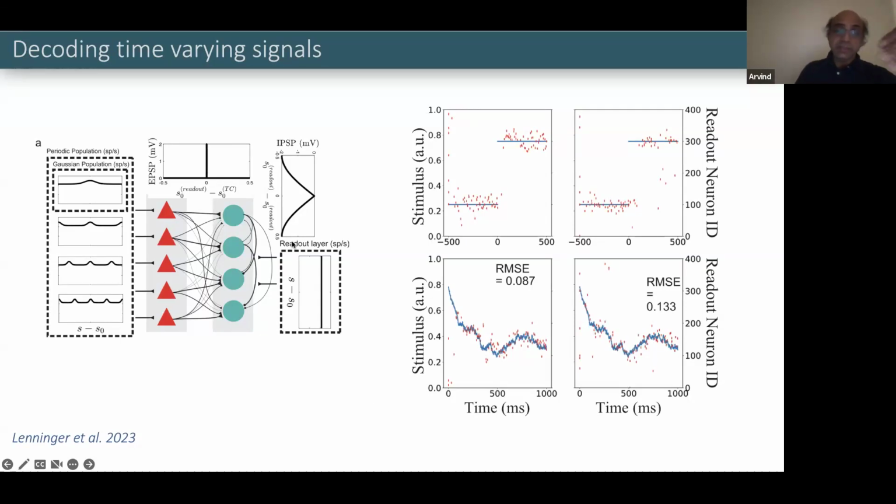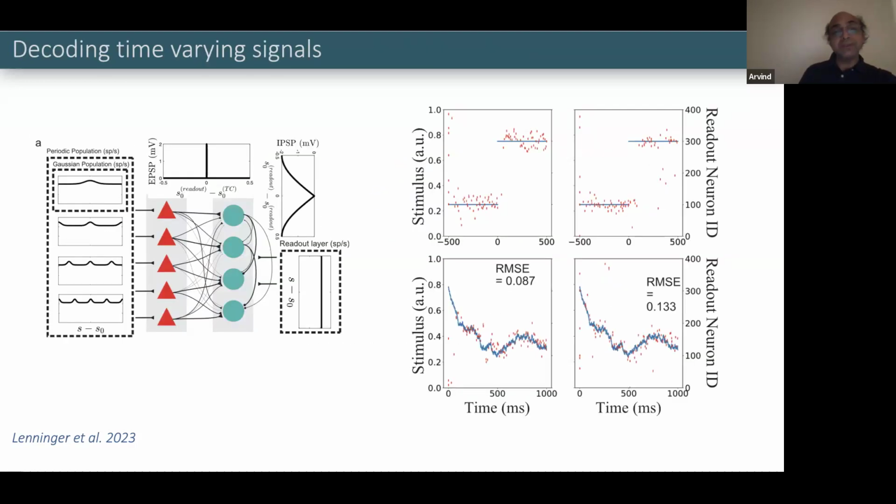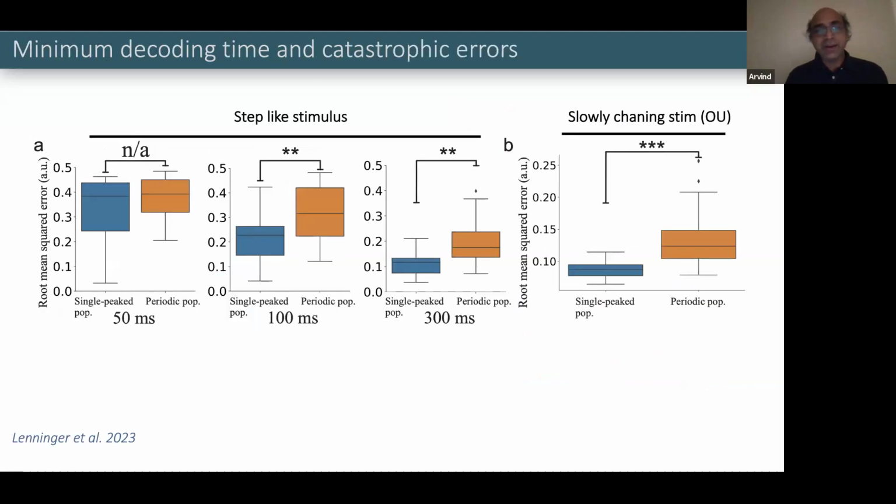In the previous discussions, up to this point, what we were using was a maximum likelihood decoder. But here we change that, and we make it a little bit more neural, in the sense that there are neurons which compete with each other. There is this recurrent inhibition which selects the neurons which are high firing. So even with a more neural type decoder, you get qualitatively the same result as we had for the maximum likelihood decoder. This is another way to show these error distributions. So the upshot is that